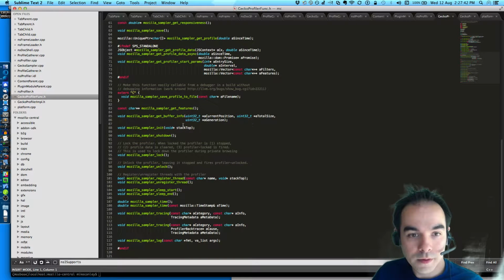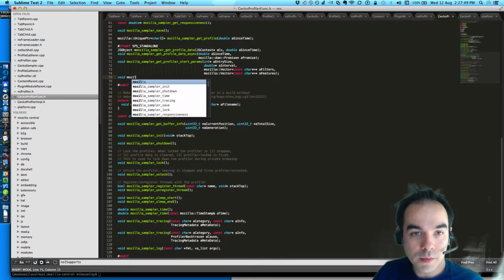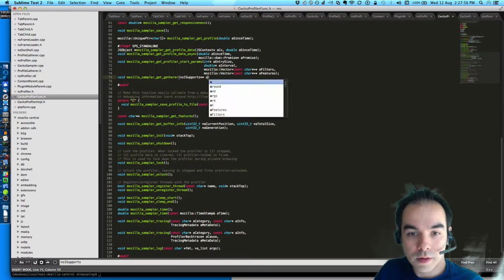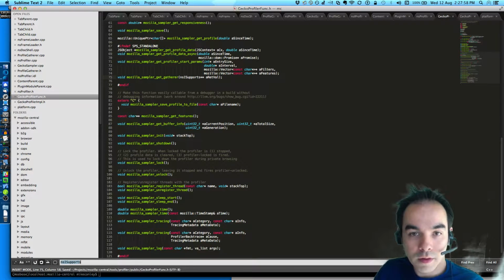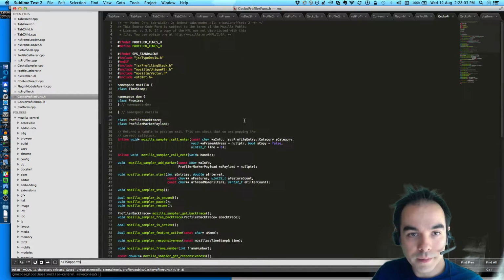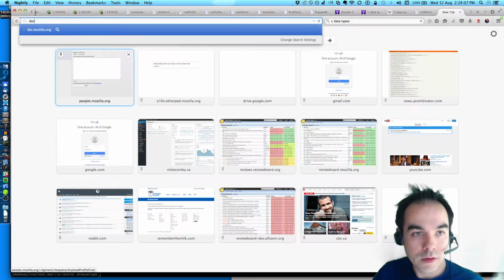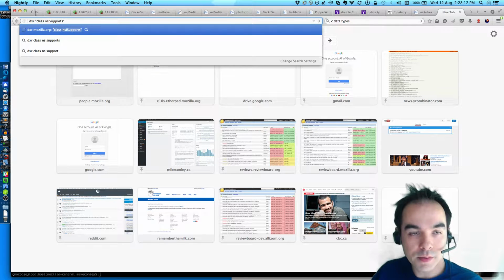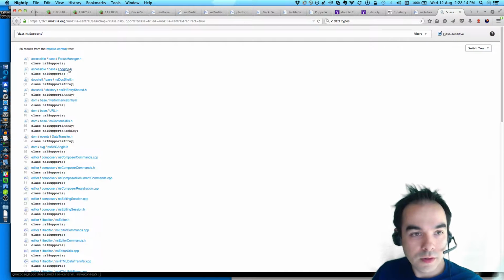So, and then void mozilla sampler get gatherer. nsISupports. Alright. I have to forward declare nsISupports. Yeah.